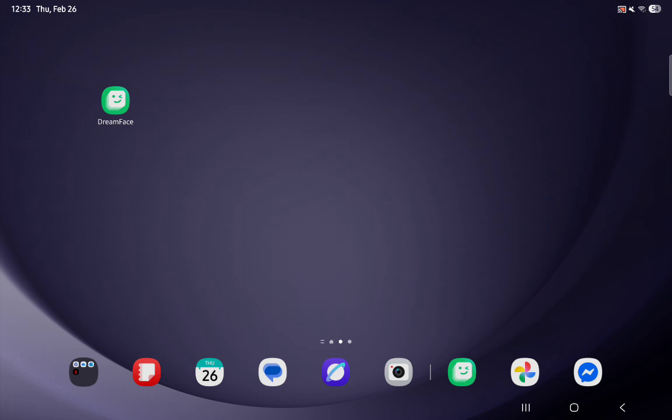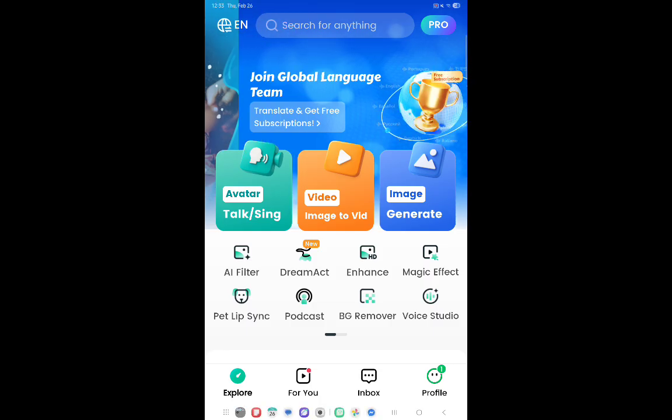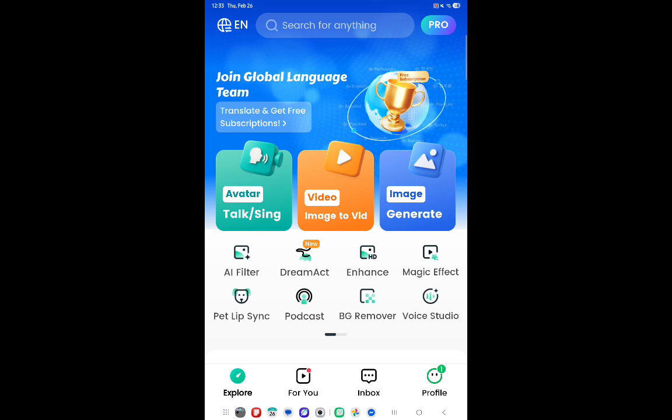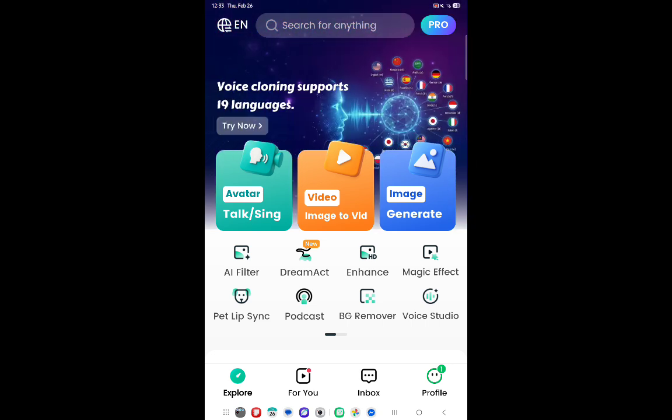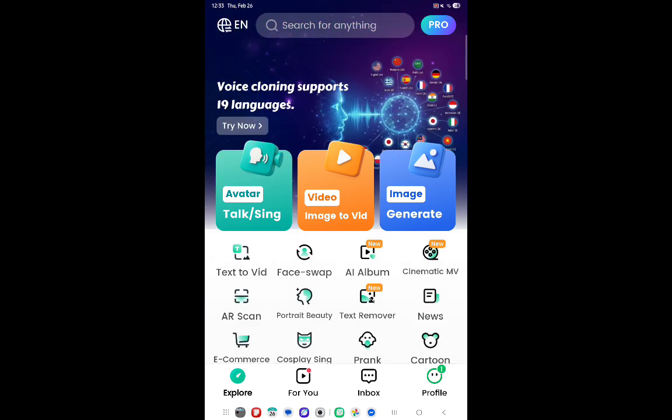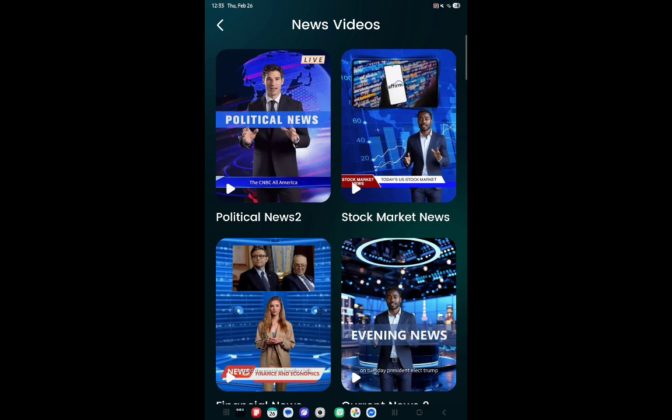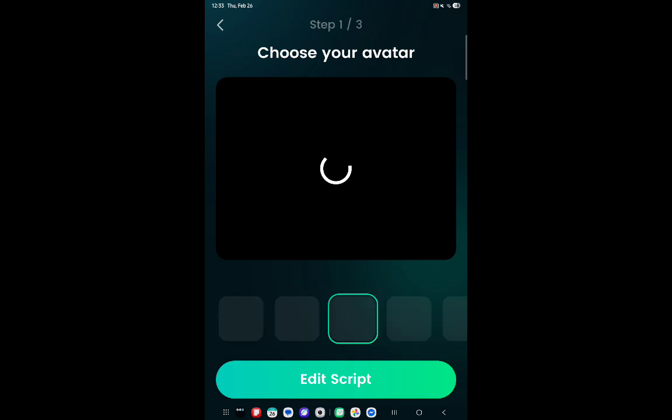The first thing you need to do is enter the app. Once you are done with that and you are in the homepage, you can just swipe to the right and press on news. And here you can just select a template like political news, stock market news, and after that